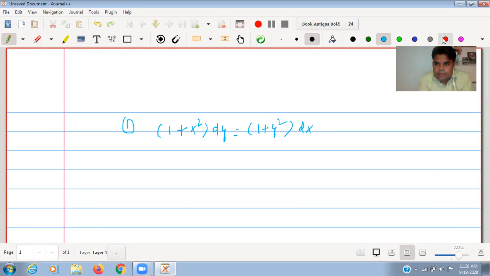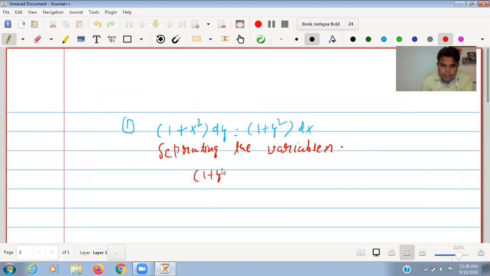If I want to change the pen, then I can solve it by separating the variables. Separating the variables, we will get one upon 1 plus y square dy equals one upon 1 plus x square dx.